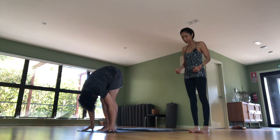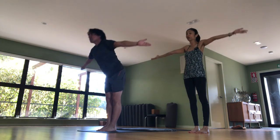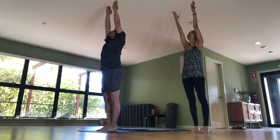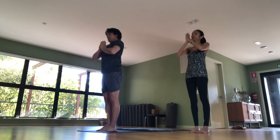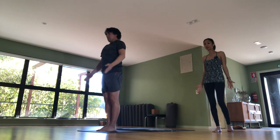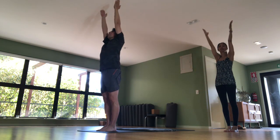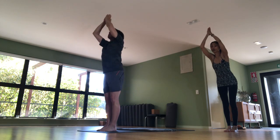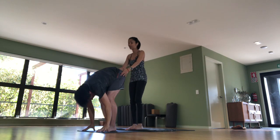Exhale, straighten your legs. Inhale, you rise, grounding on your feet, stacking each of your vertebrae, rising through the fingertips, the hands touch. Exhale, hands to prayer, look forward, hands to the side, ground zero. Adding on, inhale, reaching the arms all the way up, lifting. Exhale, going far forward, hinging at the hips, bending at the knees, the sit bones remain high, fingertips on the